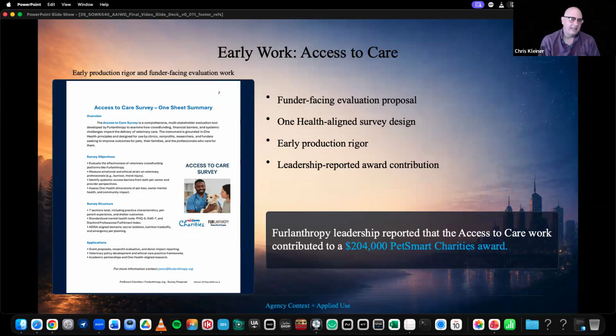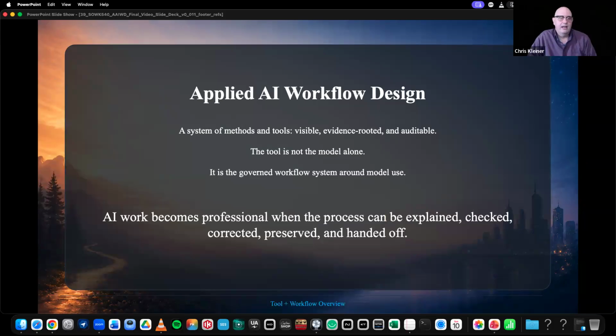The feedback, I have the text. I don't have an award letter in my hand because I was just an intern, but the texts and the emails from the CEO founder said that the extra One Health data that I found, through organizing my AI research, is what really put it over the top and helped them get a $204,000 award to do a long-term grant study where they're going to survey users to see what works. So this was a really good way to build my practices, which became tools and methods, and to get real outputs.